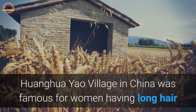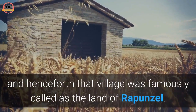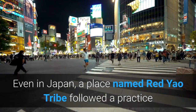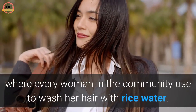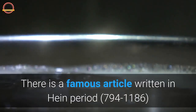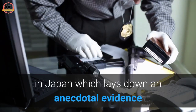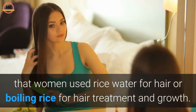Huanghua Yao Village in China was famous for women having long hair, and henceforth that village was famously called the land of Rapunzel. Even in Japan, a place named Red Yao Tribe followed a practice where every woman in the community used to wash her hair with rice water. There is a famous article written in the Heian period, 794-1186, in Japan which lays down anecdotal evidence that women used rice water for hair or boiling rice for